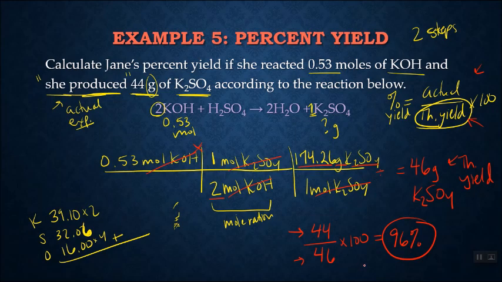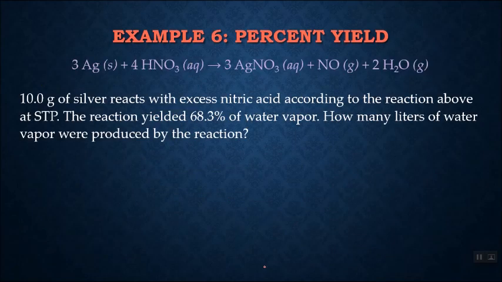So when you multiply and divide, you go with the least number of significant figures in your answer. Not all percent yield problems are like this. Some of them you have to work backwards on. So we're going to look at one where you have to work it backwards a little bit. All right, our last problem of this PowerPoint, where you're going to have to work backwards for some